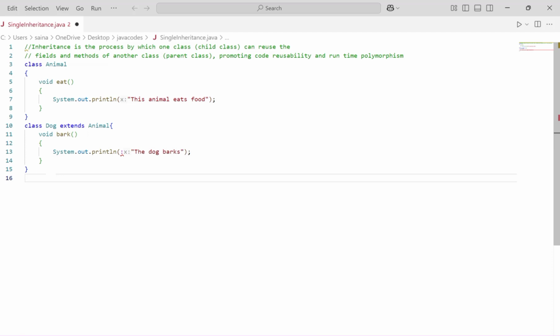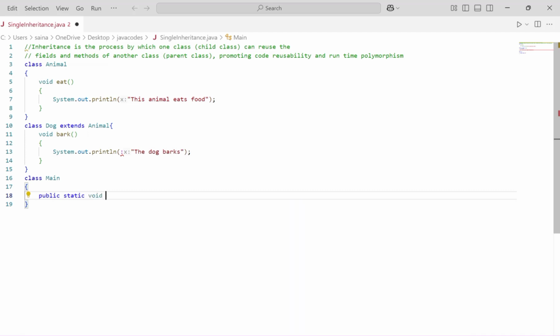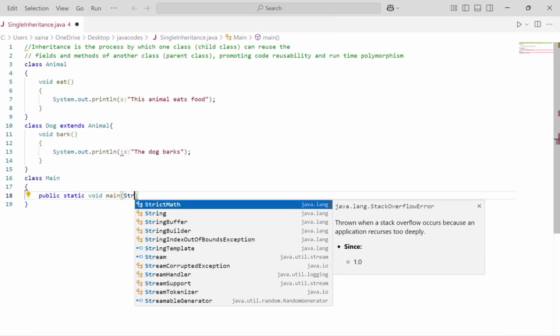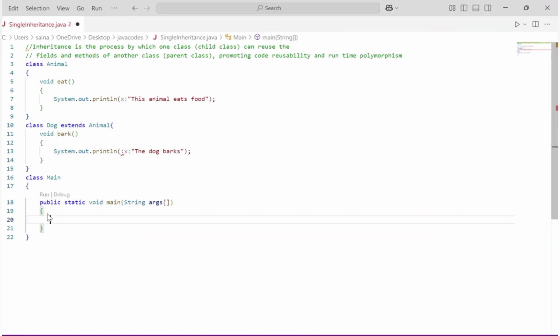Now let us take the main class, that is class Main. Inside it take public static void main. The execution of Java code starts with the main method, right? So here we need to take String args. As subclass Dog is extending or inheriting properties and methods of superclass Animal, we need to create an object for